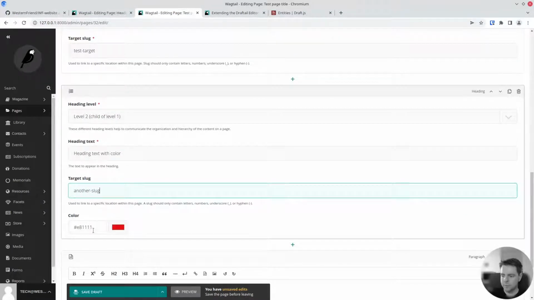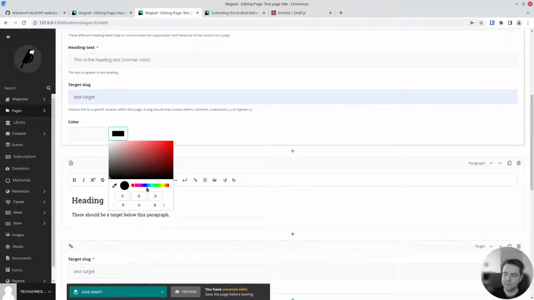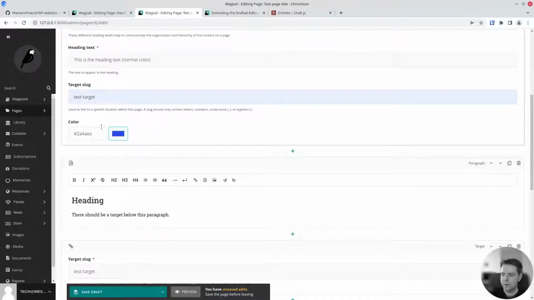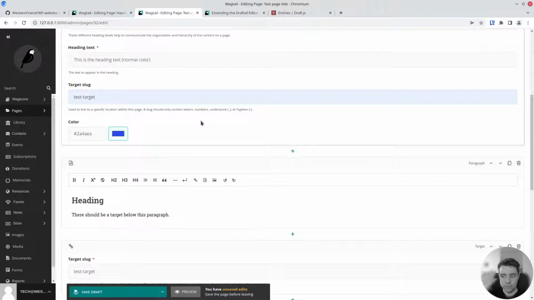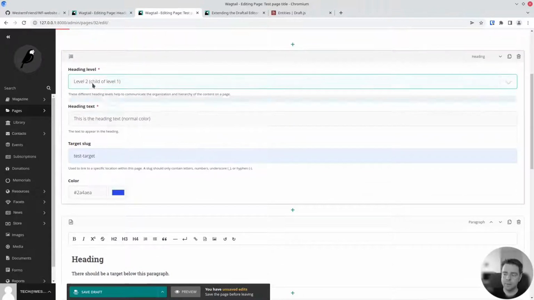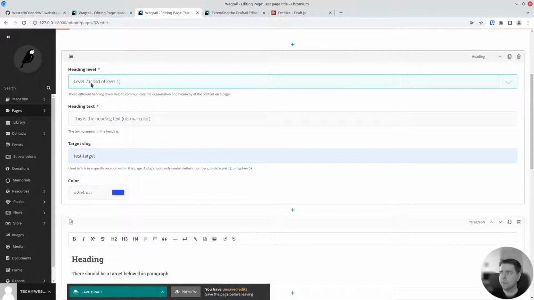So I'll apply a different slug there and a different color to this one. And you know, granted, this is a little bit of a foot gun, and I have been cautioning that you don't want to use any arbitrary color for accessibility reasons. The same way you wouldn't want to just arbitrarily select a heading level to control the font style. But nonetheless, we're giving the content editor the tool and trust to use the tool correctly